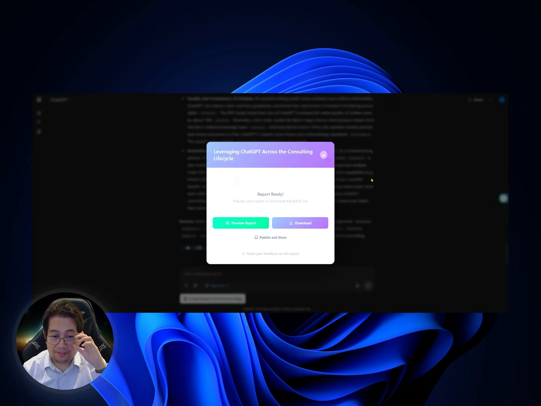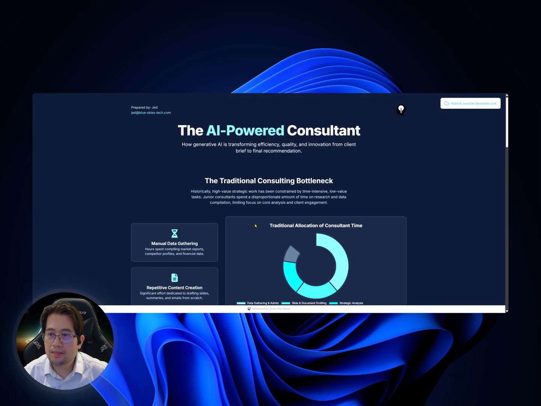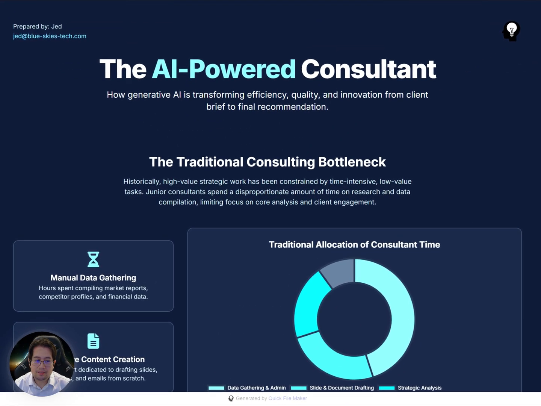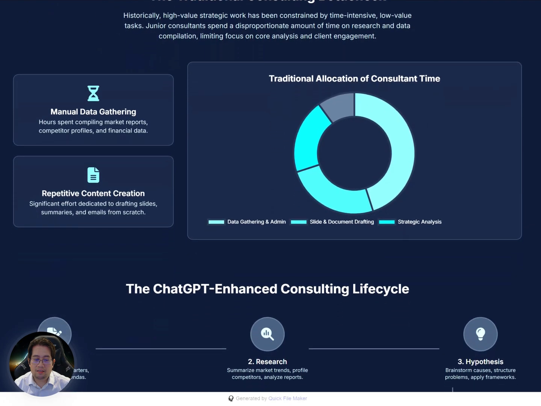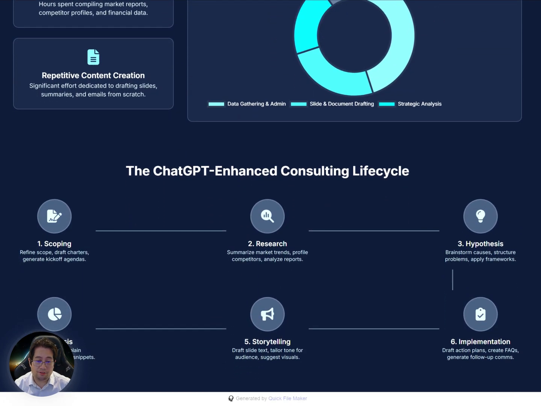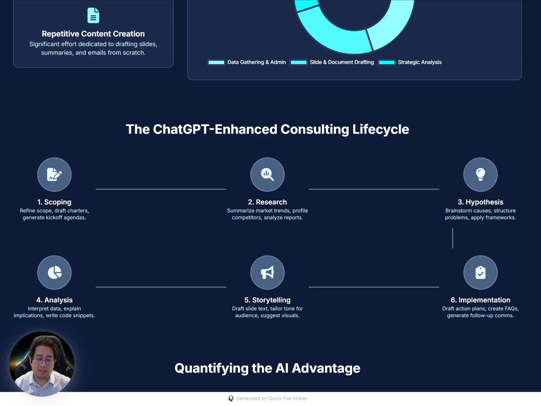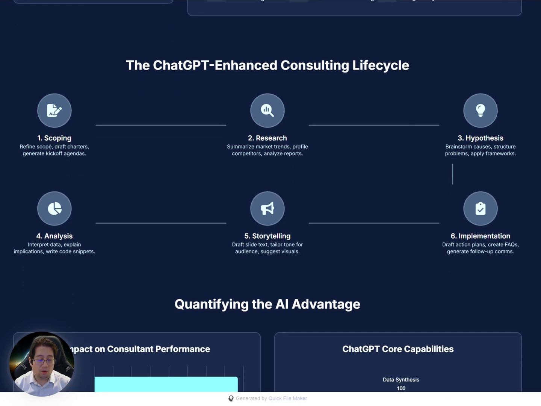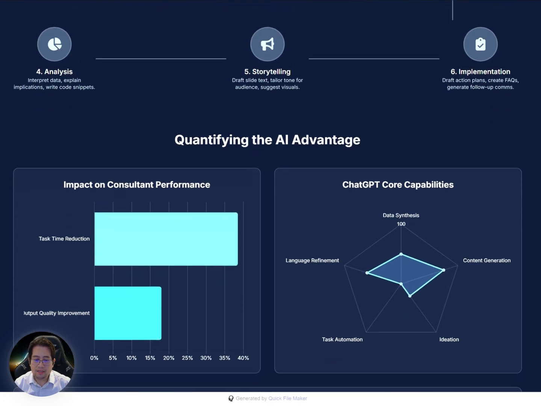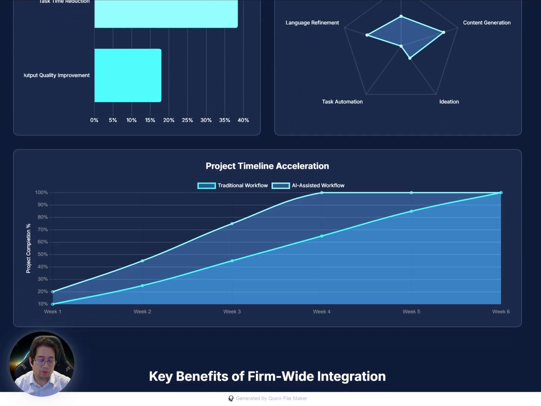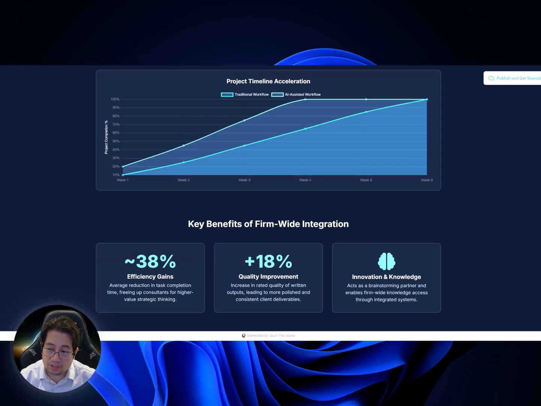All right. So after having a quick cup of coffee, the report only took about 90 seconds or a minute and a half. So now we have the option to preview the report before we send that to our colleagues. So there you go. As you can see here, it was able to really synthesize the information in our conversation and gave us a high-level view of the conversation, right? And then, yeah, it's beautifully formatted and quite professional as well.